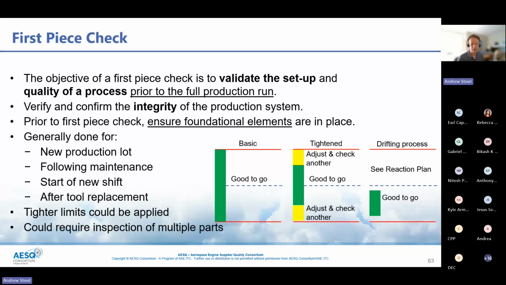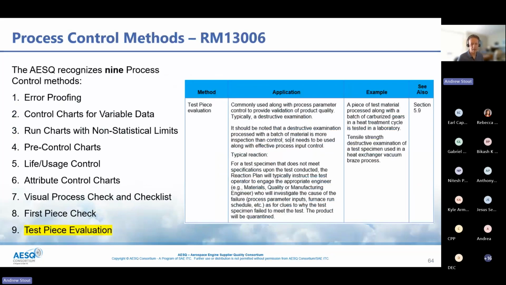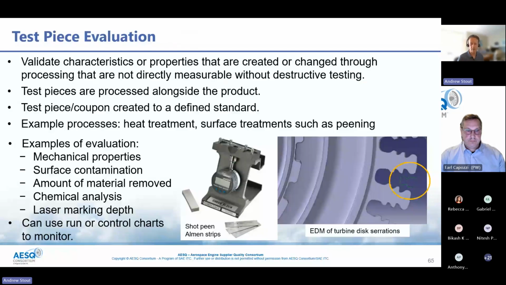And moving right along, the test piece evaluation is number 9. A quick look at that. So test pieces are used when it's impossible or impractical to measure something directly. Peening uses almond strips. The peening measurement gauge shown in the middle of the screen determines the peening intensity by measuring the amount of deflection on those little plates that are peened and then put on that gauge